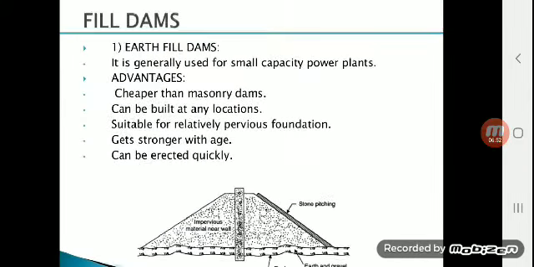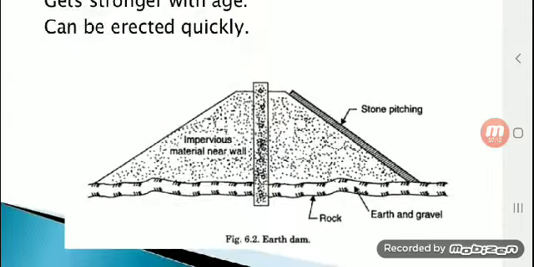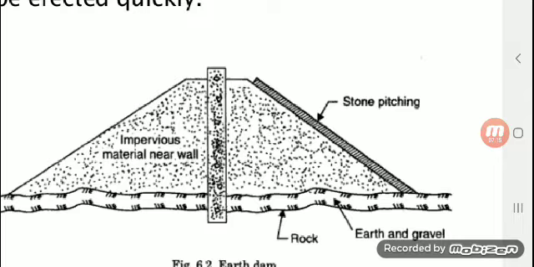So the next category, after masonry dams, the last category, is the fill dams. A fill dam is a structure where we are filling with some solid granular material, or we are using sand, or small stones, and we are creating a structure like that, as you can see in the figure. In the figure you can see there is stone pitching on the outside, and impervious material near the wall has been used. So a wall has been created in the center, but outside the wall we have formed a triangular structure, and